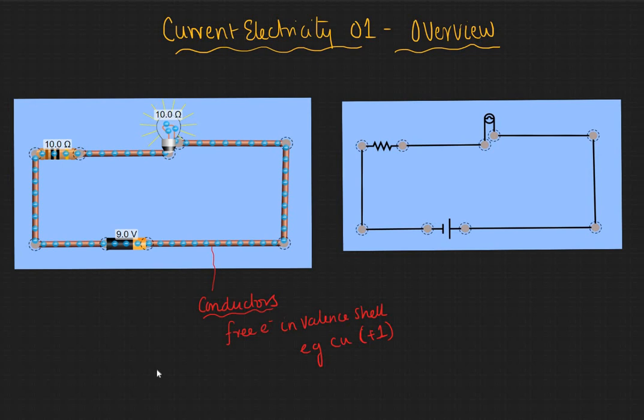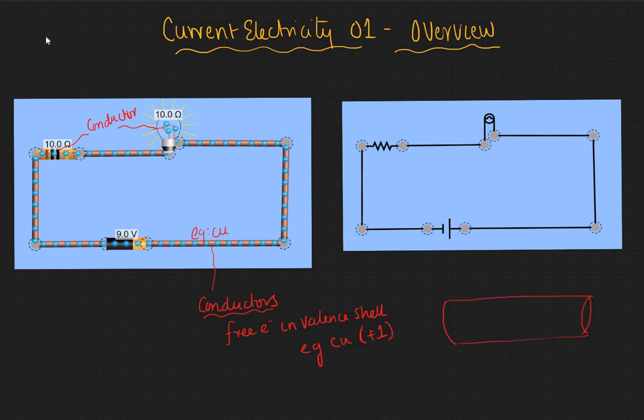In fact, everything is a conductor. Even the so-called resistor, or the filament in the bulb, is also a conductor, but there are varying levels of conduction. These are not as good conductors as these copper wires. So in the filament and in these resistors, what's happening is